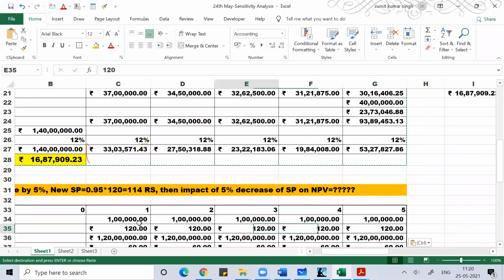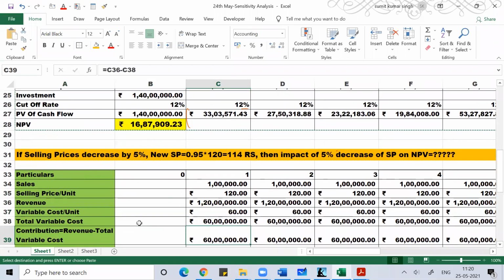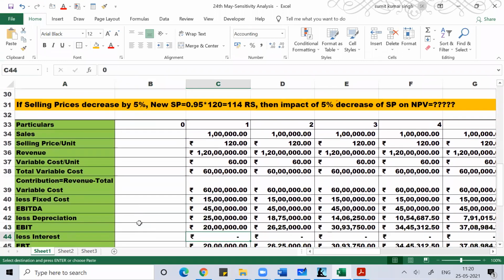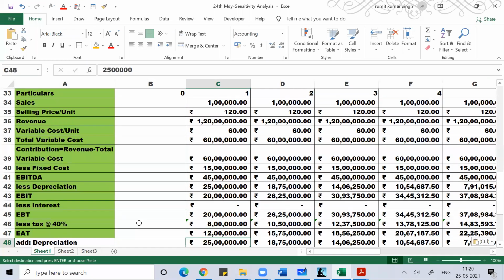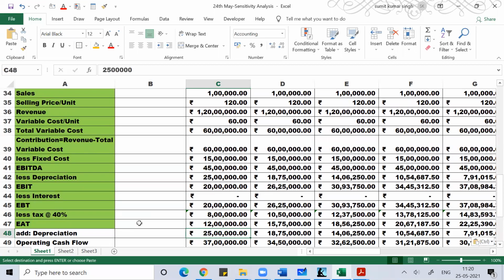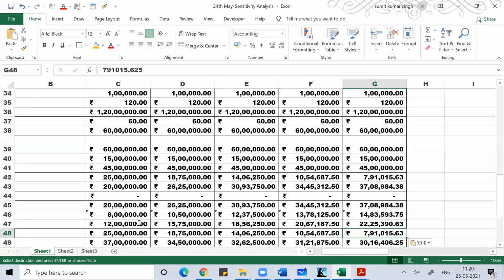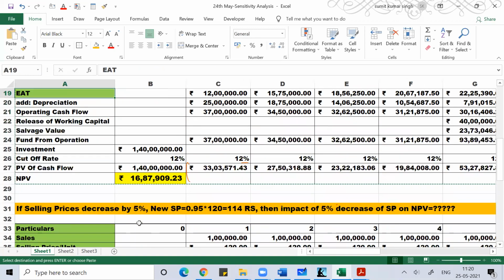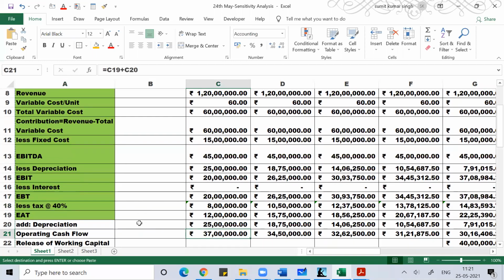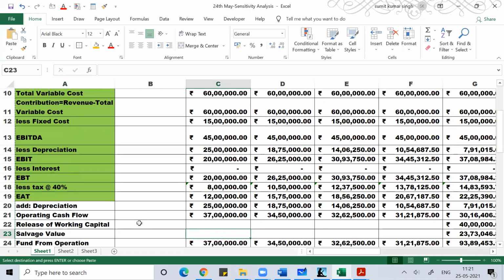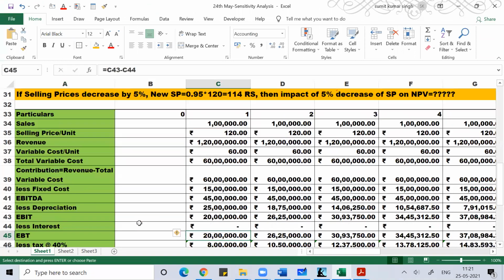And see, all same. Nothing got changed because nothing should change. Depreciation. Depreciation should be in formula, right? There is no formula given. Copied it from there. And then here depreciation. Okay. Good. So nothing as such is under formula. So you can see here.